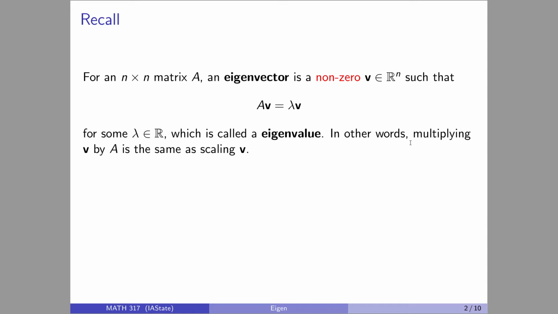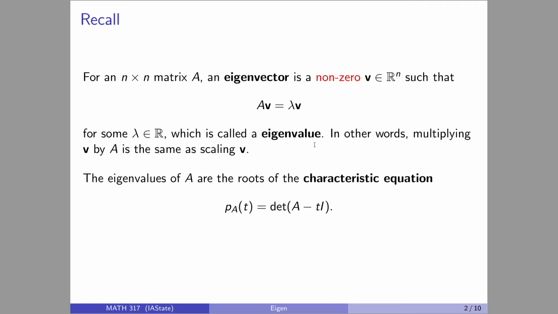Alright, so how do you find these things? Well, as we noted, you don't really find eigenvectors, you instead find eigenvalues, because for eigenvalues we actually have a very nice turn-the-crank method for computing them. Specifically, you look at the characteristic equation, which is you take your matrix, you subtract a variable off its diagonal, so that can be represented as A minus tI here, where I is the identity matrix, and then you take